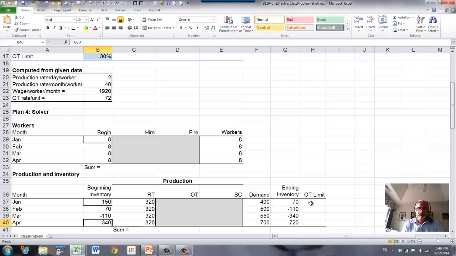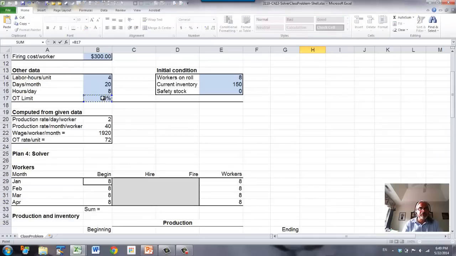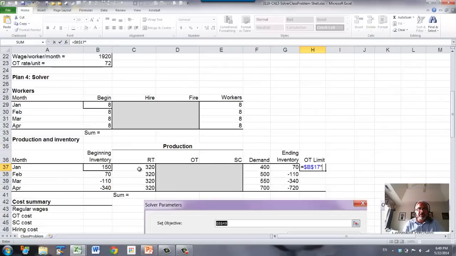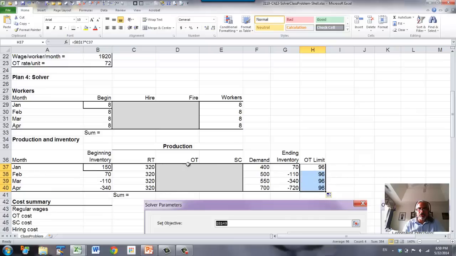Now, there is overtime limit, remember, okay, overtime is limited to 30%, and we have to make that absolute reference, and then multiply by the regular time production. This limit is with respect to regular time production. So that is the amount of overtime that is allowed. We need to use that as a constraint. So the numbers that go here must be less than or equal to the overtime